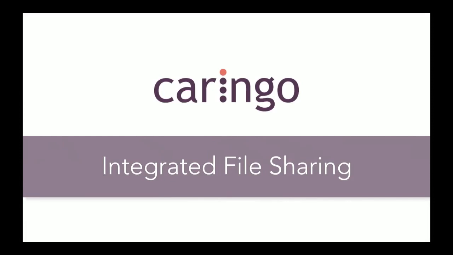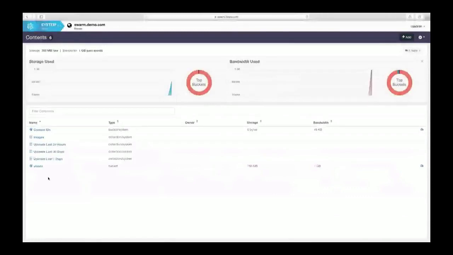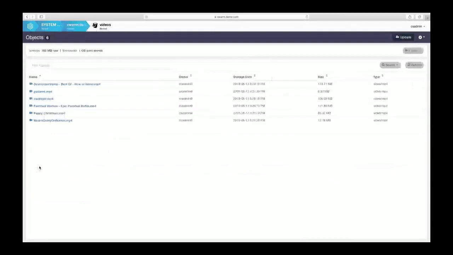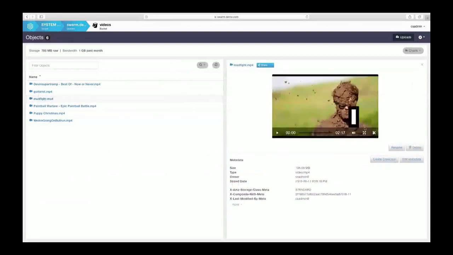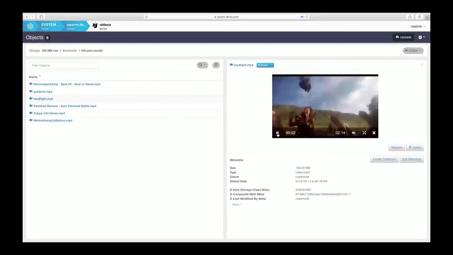It's all teed up. So here, just like the other videos, it all starts with finding the file you'd like to share. So again, we'll go to our videos bucket. Then you just select the file that you would like to share. Here we're selecting Byte, and then it's really as easy as clicking that share button up at the top.